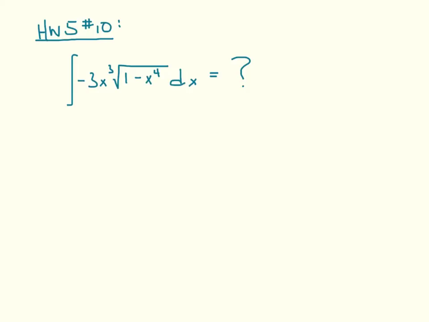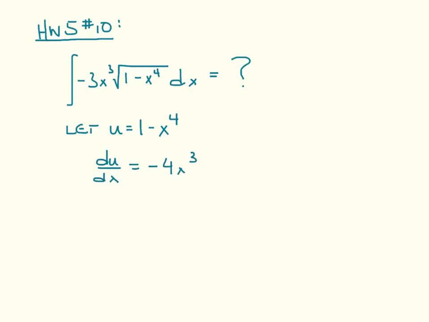Number 10 is a fairly straightforward substitution problem. The best choice of u that we could make is just everything that's underneath the square root. So if we let u equal 1 minus x to the fourth, we need to figure out what to do with the dx. So we're going to take the derivative of u with respect to x, giving us du dx is negative 4x